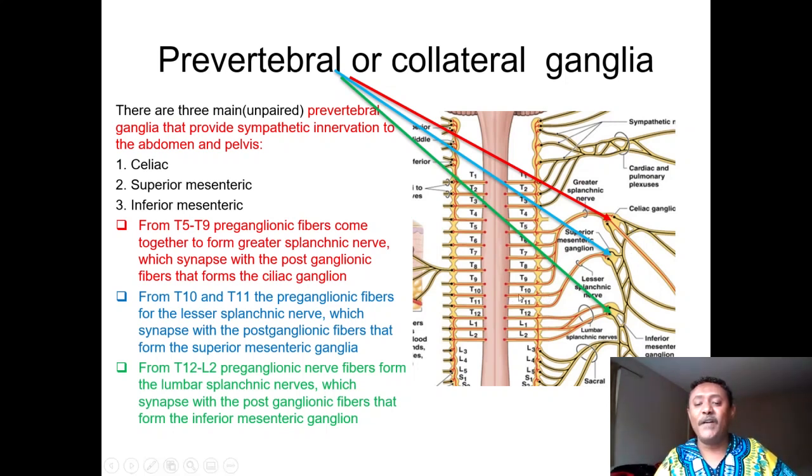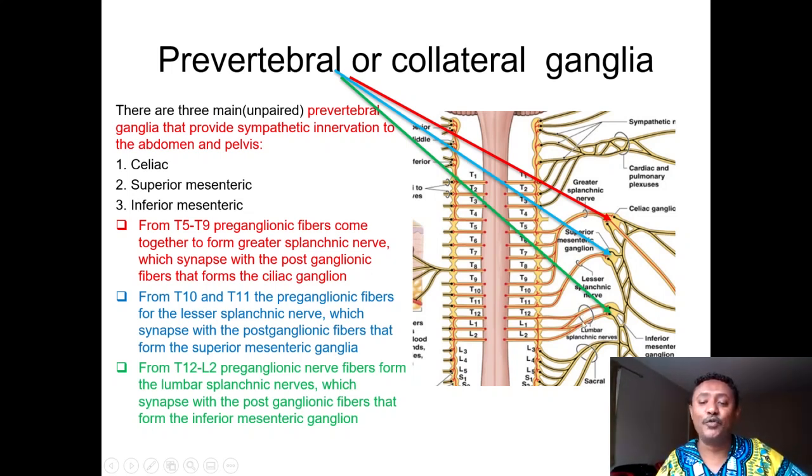The preganglionic fibers from T10 and T11 will come together to form the lesser splanchnic nerve, which will synapse with the superior mesenteric ganglia. And then the postganglionic fibers, in black here, will go to the abdomen and pelvis. Done with that. Now, from T12, L1, L2, the preganglionic fibers will come together to form the lumbar